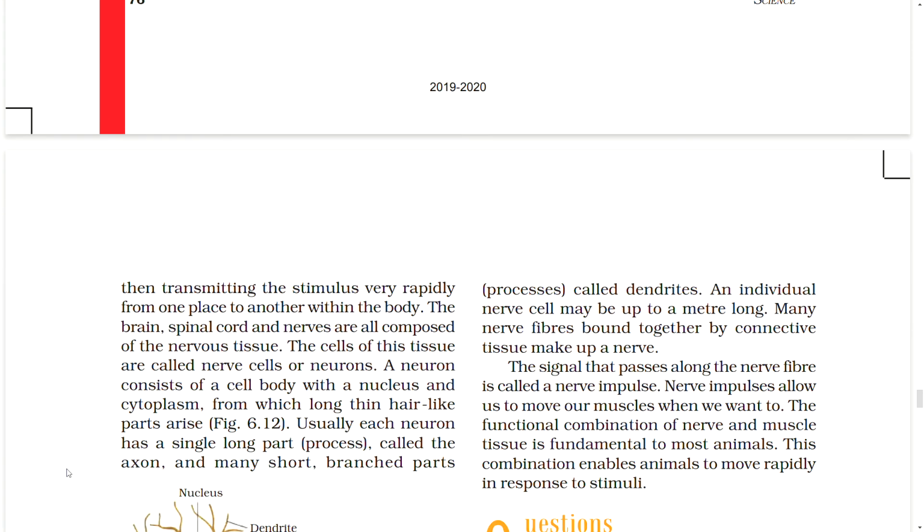The cells of this tissue are called nerve cells or neurons. A neuron consists of a cell body with a nucleus and cytoplasm, from which long thin hair-like parts arise. Usually each neuron has a single long process called the axon and many short, branched processes